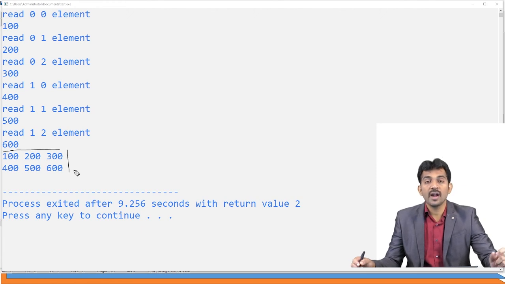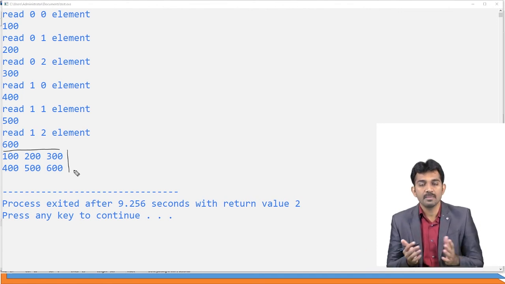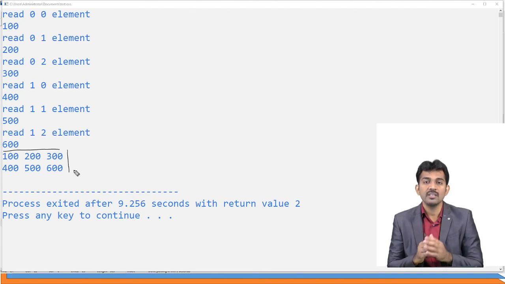So this is the way you are going to handle two-dimensional arrays. And you can apply various operations: matrix multiplication, addition, transpose, and everything. We'll see all kinds of problems in the problem discussion section. Two dimensions are very, very important.